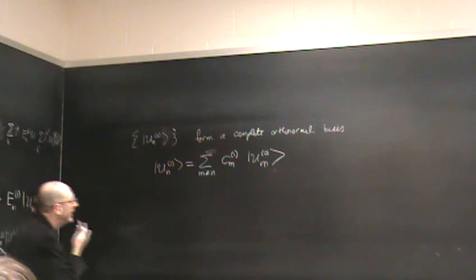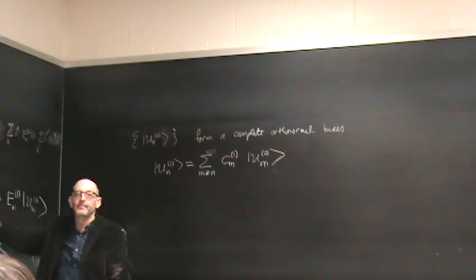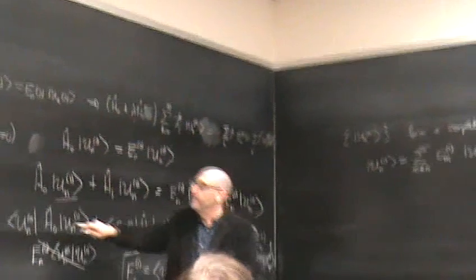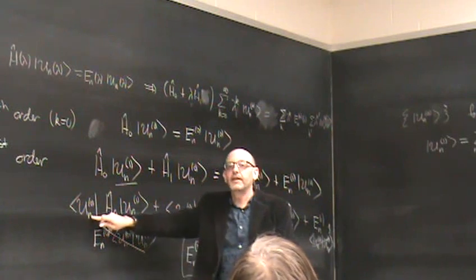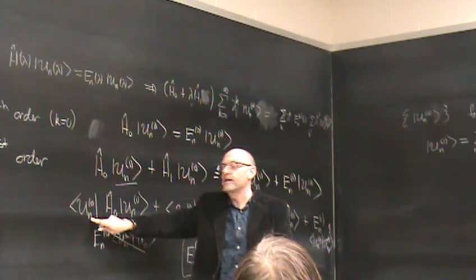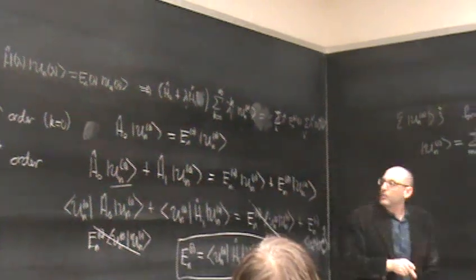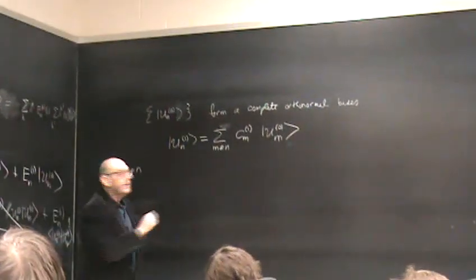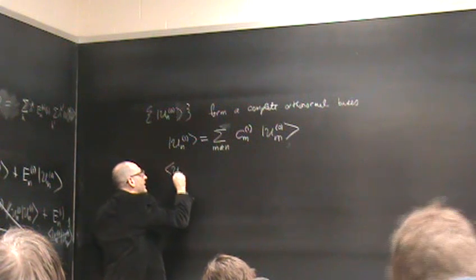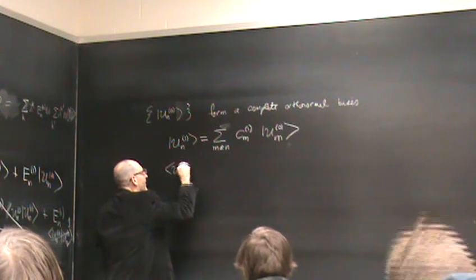Right. So now we can look at this. Let's take this equation, again, this one over here, and instead of taking the inner product with the state with the same n, let's take the inner product with the state m not equal to n. Okay, let's do that. So what do we get? So for m not equal to n, u0,